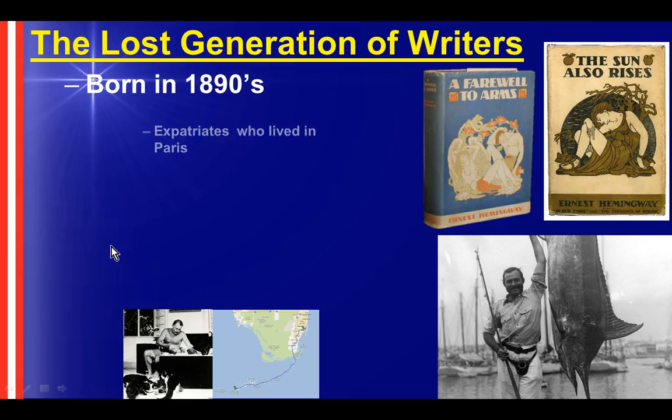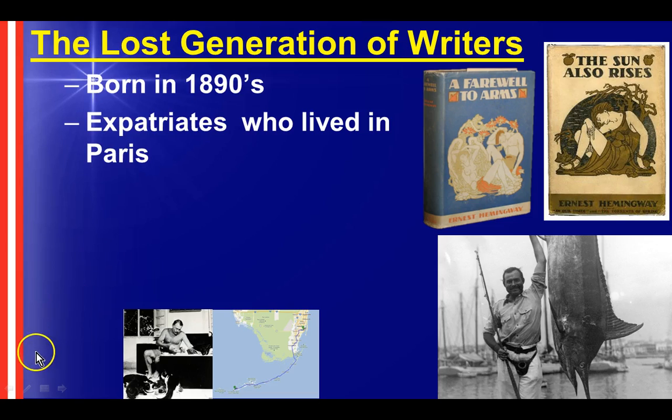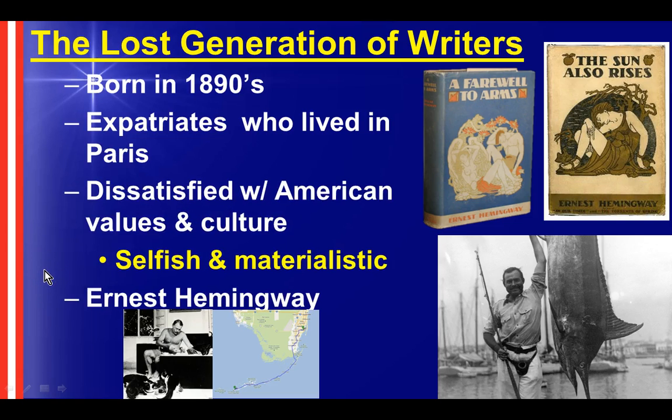We also have a significant amount of what's going on in people's minds and what they feel like post-World War I, in response to World War I, seen here in writing. A Lost Generation of writers is very important to know. These were individuals who were born in the 1890s. They fought in World War I. They're disillusioned. Very important here, maybe to annotate in your notes. What they write expresses that disillusionment and dissatisfaction with American culture and values.